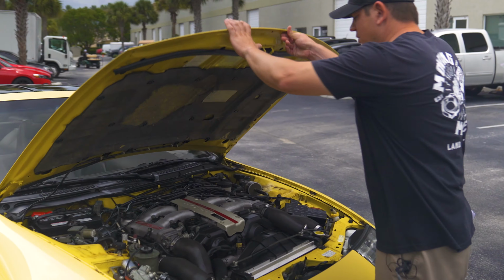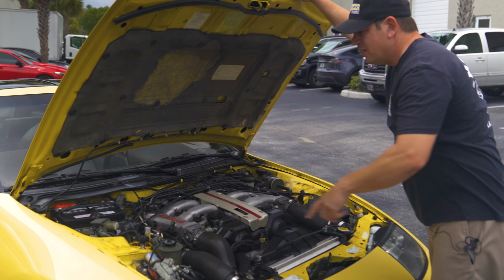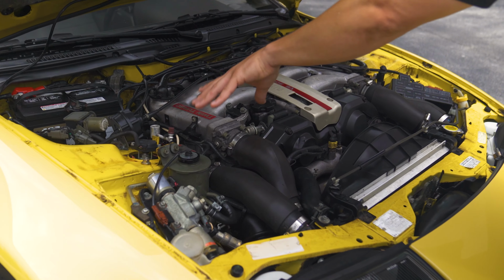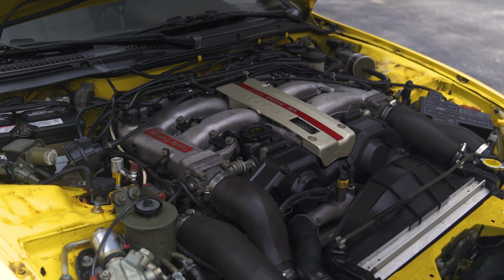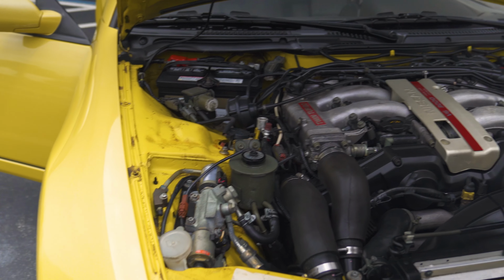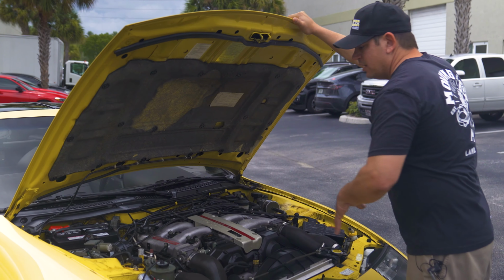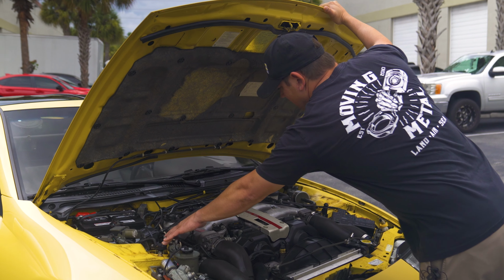Taking a look under the hood, we have a 3-liter twin turbo that is shoehorned into this engine bay. You do see the coating, so they sprayed a rust preventative in the engine bay to protect it from oxidation, but it's very, very clean. That's your controller for the rear steer. You have your fuse box right here. All the filters look like they've just been replaced, and then these are your adjustments for the suspension, so that'll